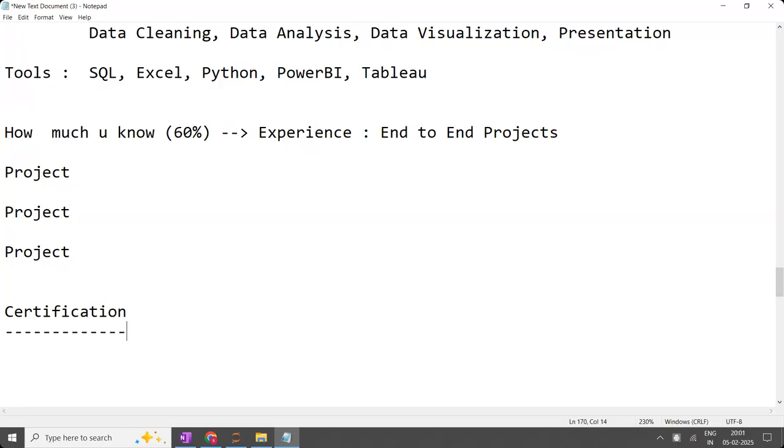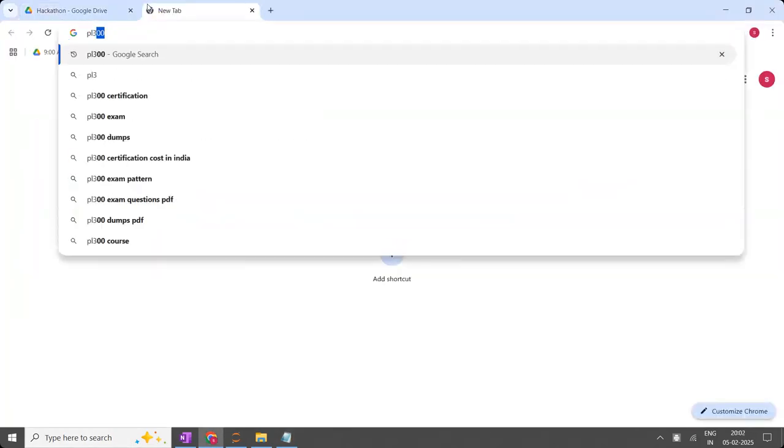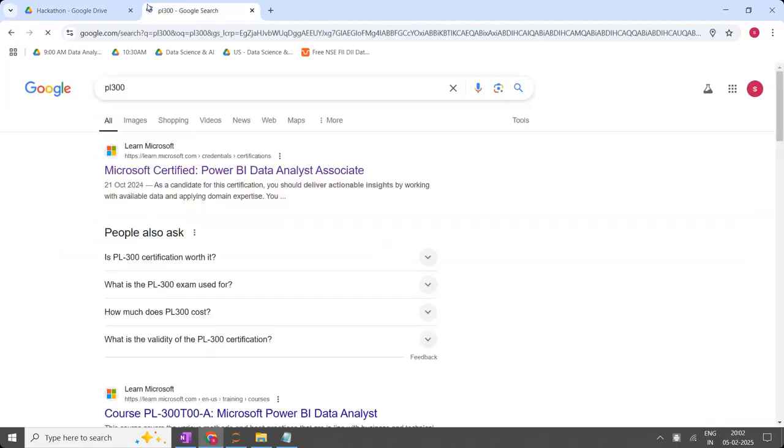Now, for example, you have completed a degree. In the degree, subjects are there, and the teacher has explained the concepts, and you said, yes, I have understood. Does understood mean the teacher will give the degree certificate? No, no. They are going to test you. They are going to keep some exam, and based on the exam, they are going to give the marks. Similarly here also. And this certification you are going to take is the Microsoft certification, PL-300. That is the certification, the Microsoft Data Analyst Associate.